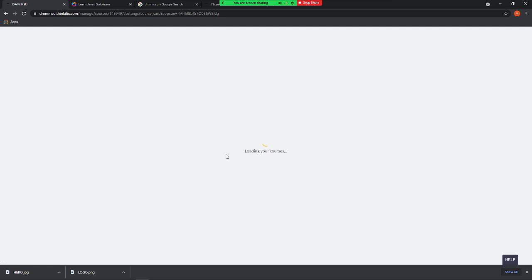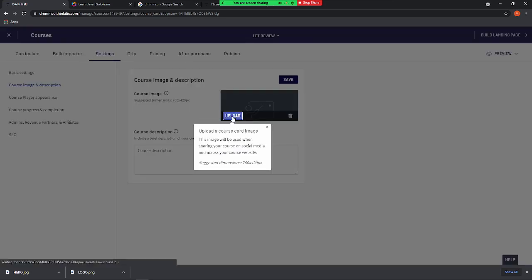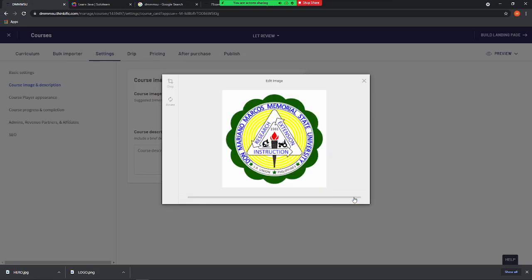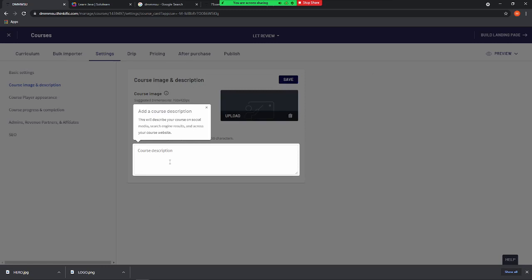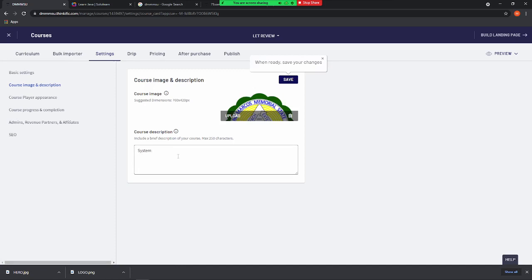I-click po natin siya. Ayan. So, course description, you can upload the, again, picture here, yung course image natin. Let's just upload the logo of DMMMSU. And then course description, let's just put here system administration, and